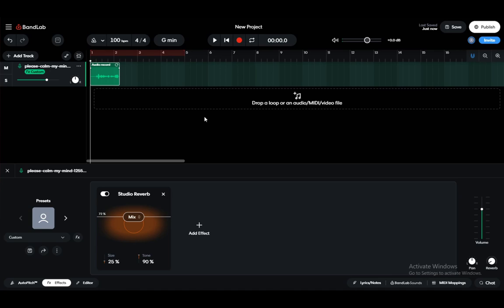Monitoring is basically hearing yourself while you're recording in real time so that you can hear what your audio looks like, and I'll show you how that looks in a bit. But first, let me explain what Bandlab is. It is a free online software for editing and recording sound. Pretty much you can record either your voice or MIDI instruments, edit them, export them and publish them